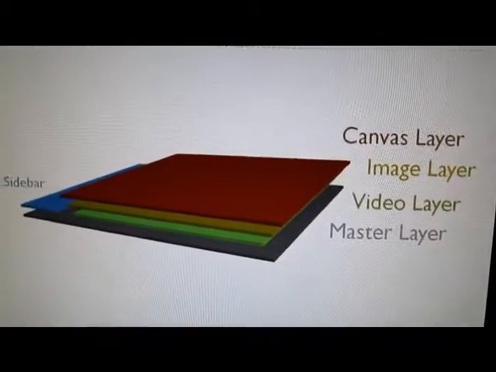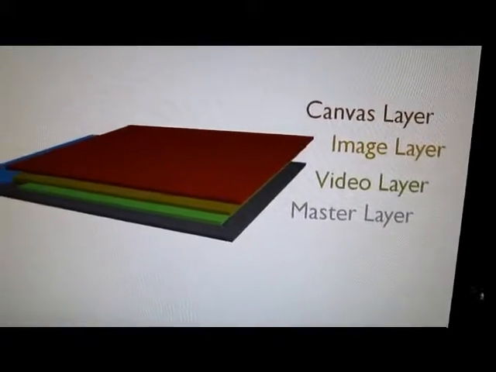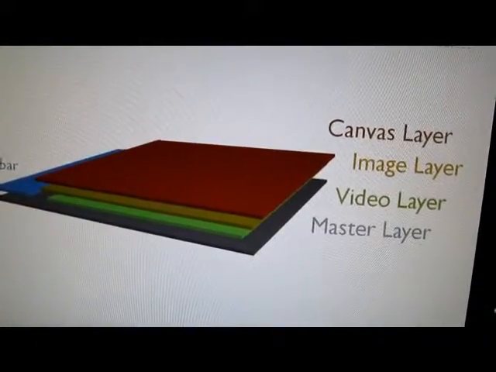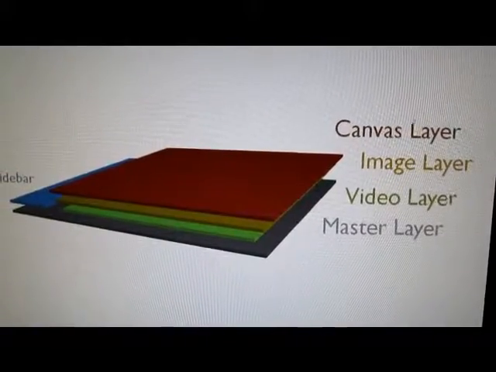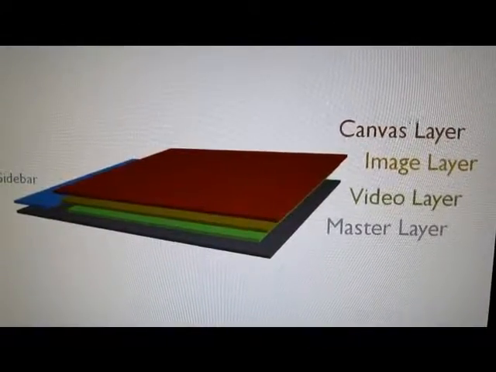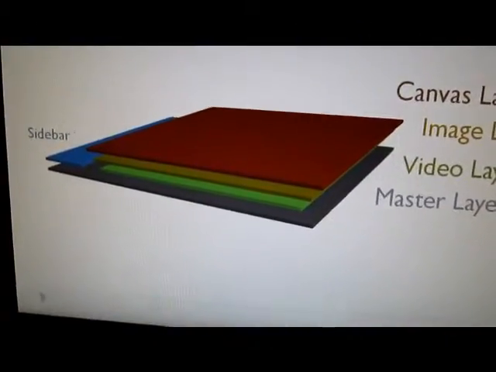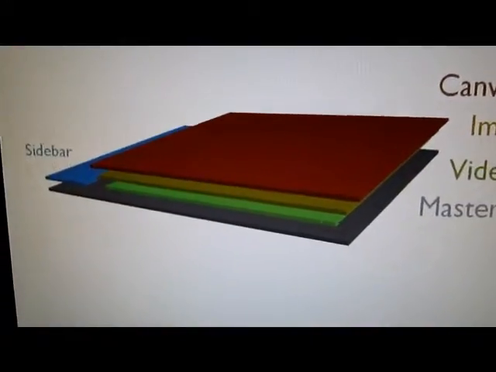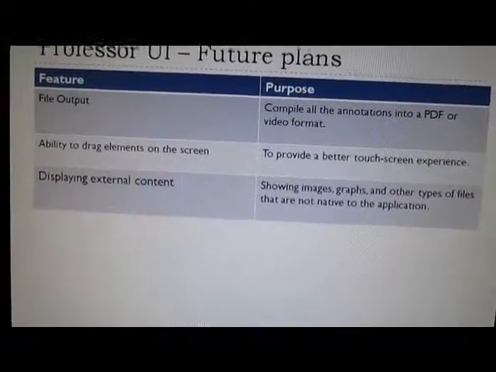The very top is where you draw things on, and in the middle you have the image layer. Then closer to the bottom, a video layer. So this is where the stuff through the S video gets streamed through. And finally we have the master layer where everything sits on top of. Then I talked about future plans,